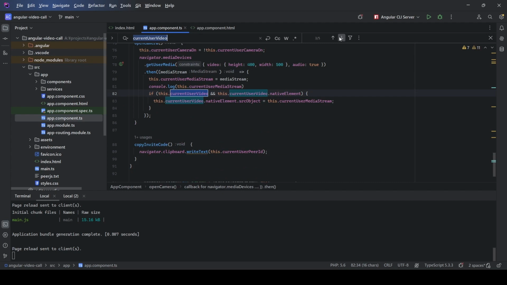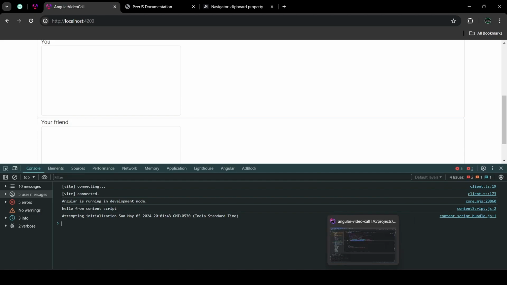So let's go to the previous code in which we are assigning the current user media stream that we get from the navigator's API, and we are assigning this particular value to the src object attribute of that video element. So what will happen when we assign this current user media stream to that particular video? Basically right now you are seeing the empty video, but when this code is executed, we are able to fetch the current user media stream, and this particular section will display the camera of current user. We can say it will display the video and audio of my personal laptop. Okay,